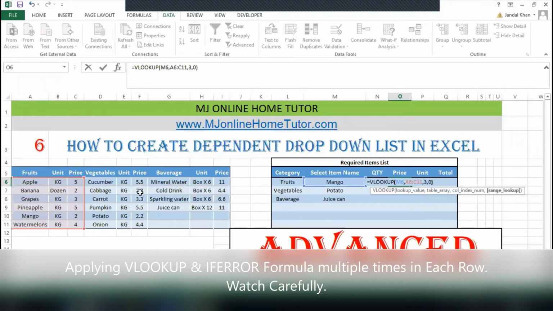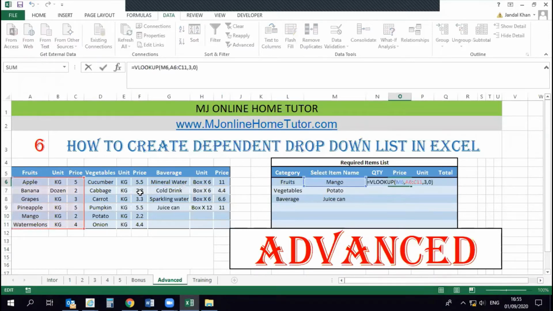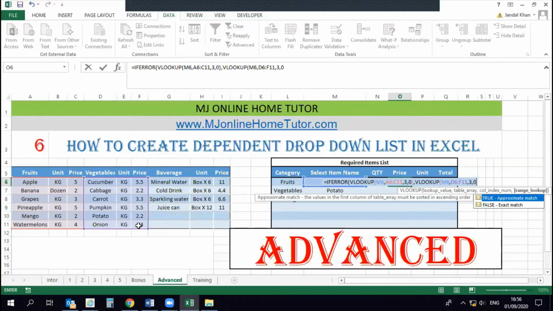So then close the bracket, then we will apply the IFERROR formula with it. IFERROR: if the first result does not work properly, we will go for the second VLOOKUP formula with the help of the IFERROR formula. So IFERROR, M6, table array will be vegetables 1 from D6 to F11, then third column index